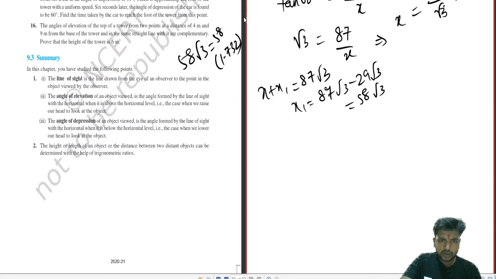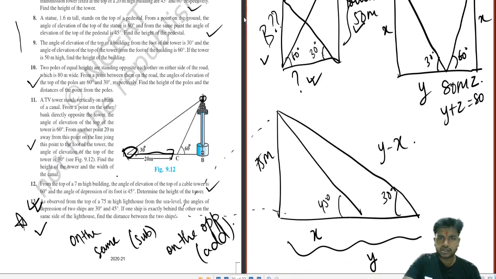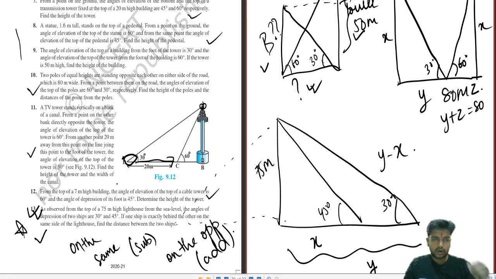Okay, so over here the class for the basic concepts of height and distance completes. The main thing we have to solve now is different types of sums. I have looked into the ships concept, the balloon concept, the plane concept and the bird concept, but make sure you solve the speed-based sums also. So the whole thing completes trigonometry. We have completed the identities, complementary angles, value putting, and then height and distance. So the concept of trigonometry has been completed.